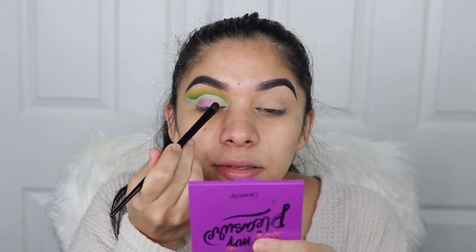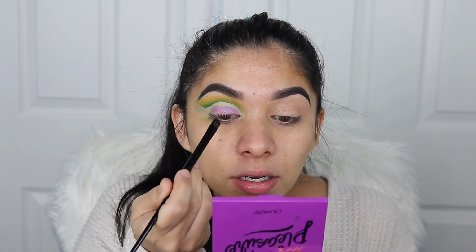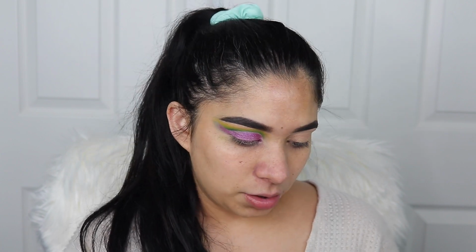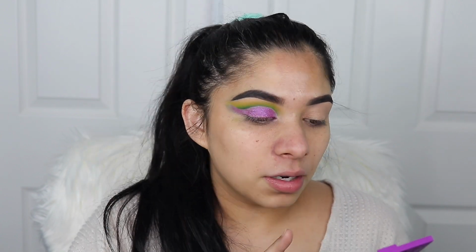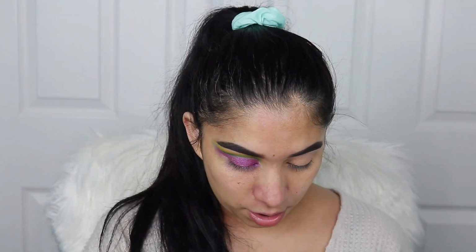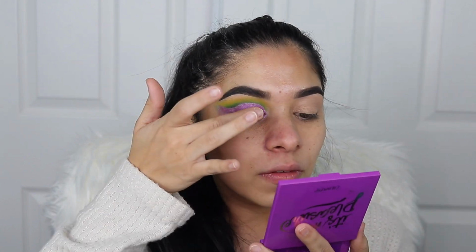So I'm just going to apply kind of a base for this, and then I'll go in again with my finger. Okay, so now I'm going to go in with my finger, and I'm going to go in with the same shade and see if it makes a difference. You can see it already made a huge difference. Okay, so I think I'm going to go in with this middle shade right here and just tap it over all of this just to give it more of